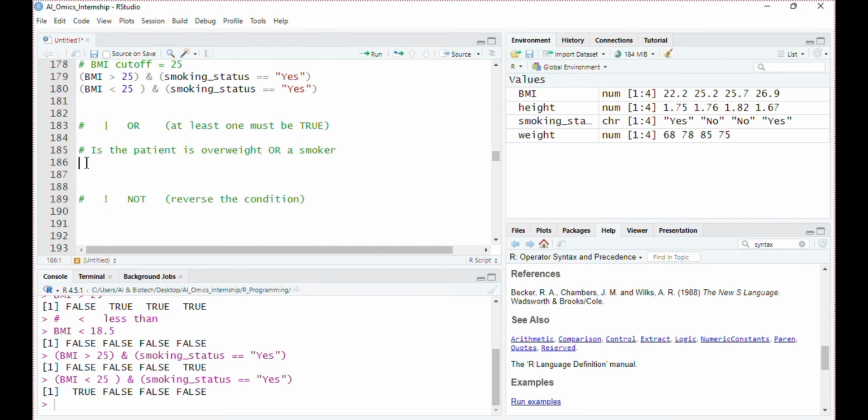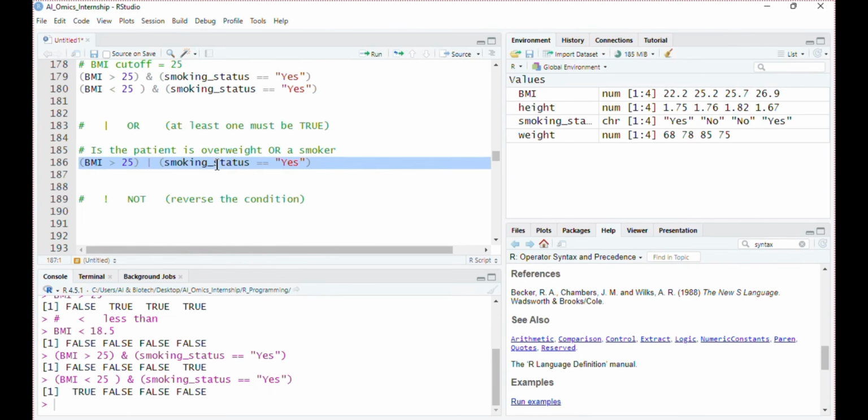So to write this, BMI greater than 25, or, using this pipe operator, we are saying check both conditions. If either of the conditions is true, then the output will be true. Smoking status equals to yes, the condition is the same, but we have changed our logical operator. Then run this line of command to check the output.